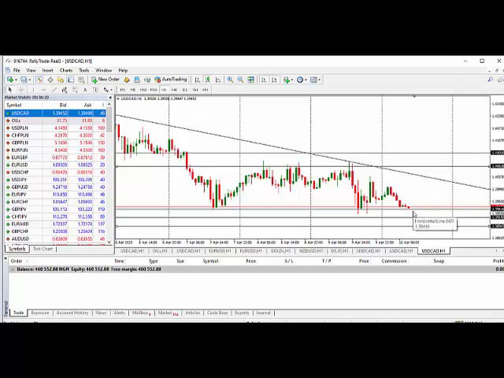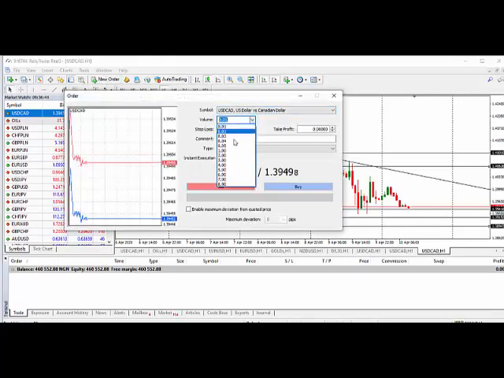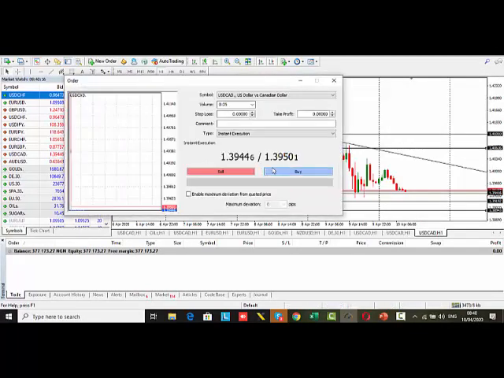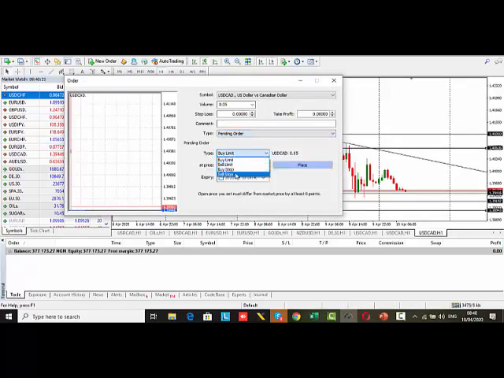So for some of us that might not be before our system, when USDCAD gets to either of these two marked price levels, 1.40636 for a buy and 1.39192 for a sell, what we need to do is place pending orders for these two positions. So we go to new order, and because we're expecting a breakout, we change from instant to pending order, then to sell stop, and we enter the price level